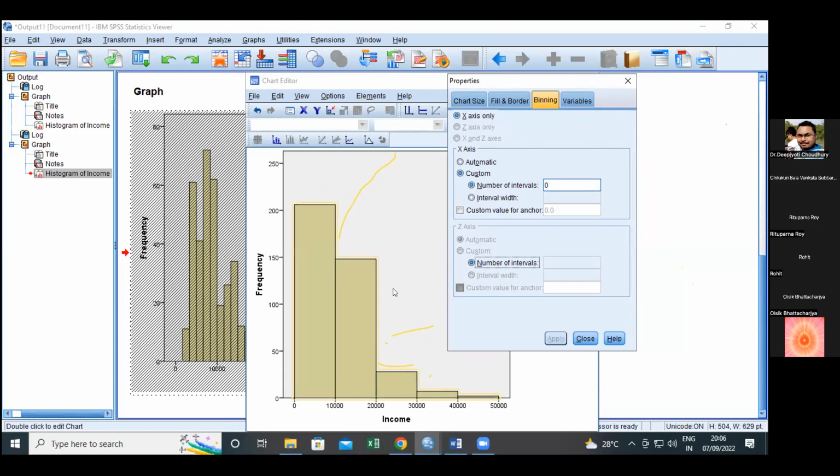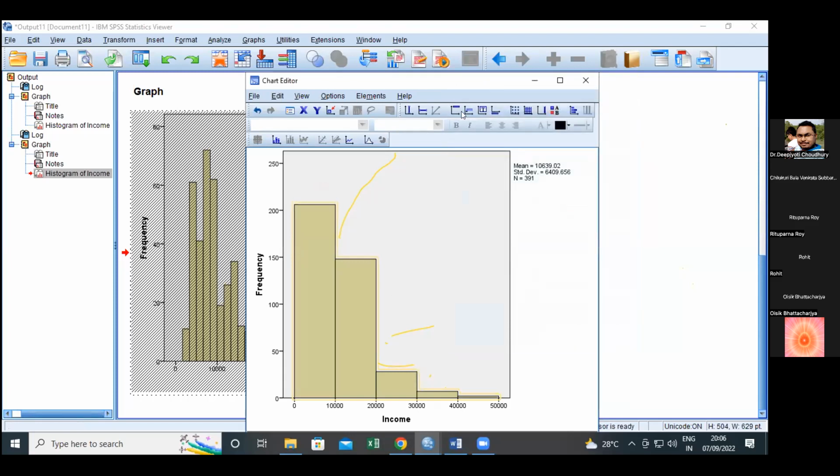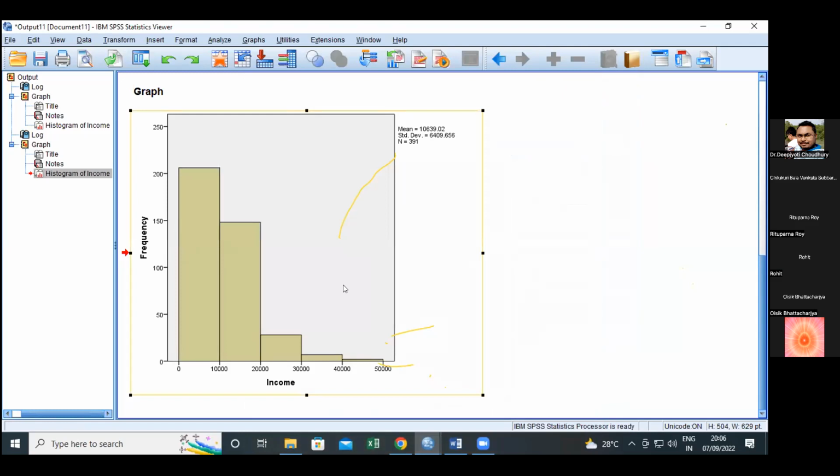And then you see the result shows. If you do not click on apply, it will be the previous one only. So then this changes to this, which now is a much clearer version for interpretation purposes. It tells me between 0 and 10,000, there are 210 people roundabouts. Between 40,000 and 50,000, there is only one person maybe. See? So you get more clarity of the data only by changing and altering the bin width to suit your